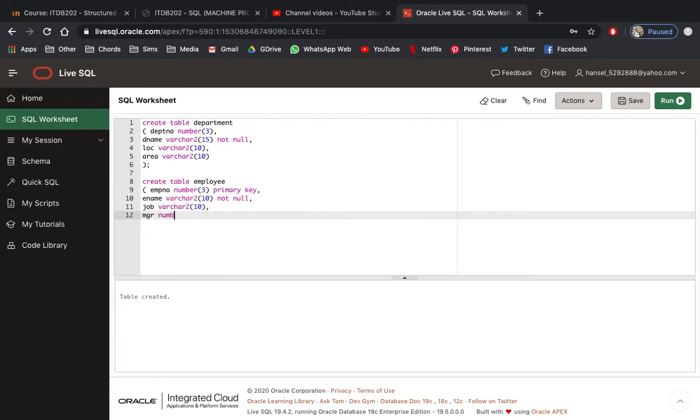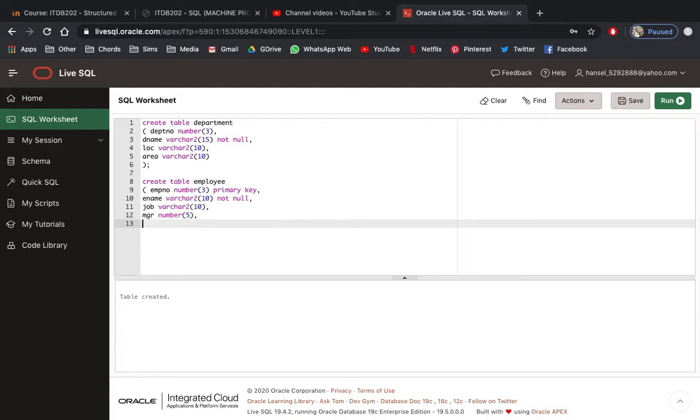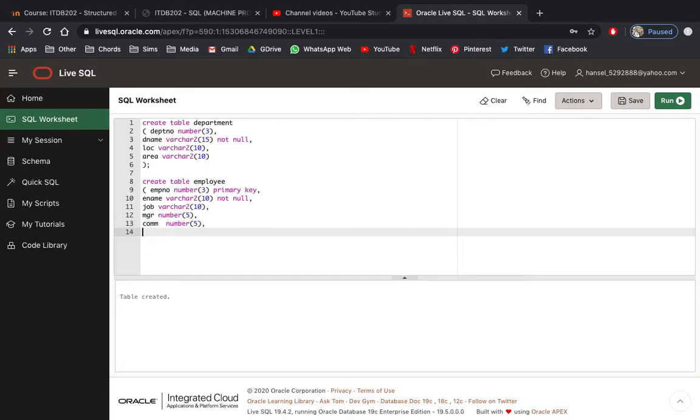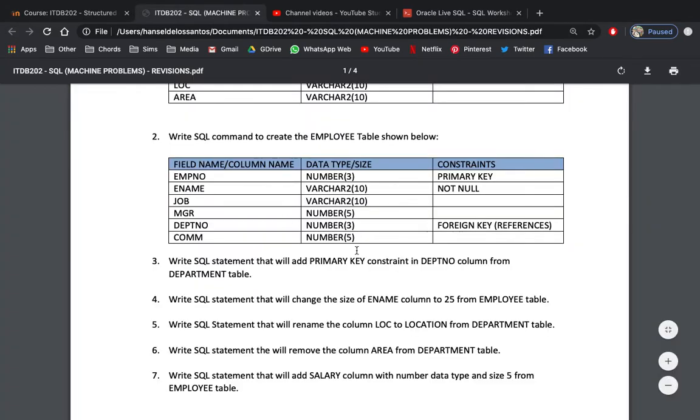This is a number, size is 5, comma, okay, let me do first the comm, which stands for commission. This is number, and size is 5, and lastly, since we have a deptno, constraint as a foreign key, which is reference